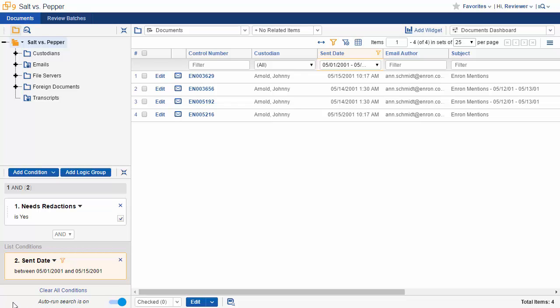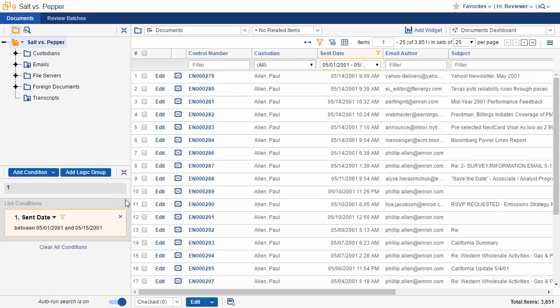Now, if you have complex search conditions, you may want to keep this toggled off because otherwise, each time you add a new condition, the system will update your list there, and that could end up becoming tedious or affect performance. Now that I have my auto run search set to on, if I remove this needs redaction condition, you'll see that the list will automatically update to reflect this. So if I go here, the system automatically reruns the search, and I'm returned to that original list of 3,800